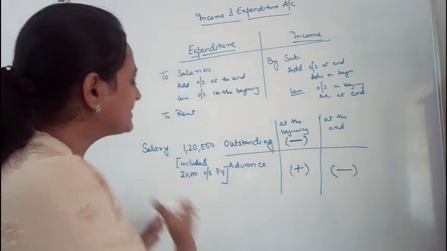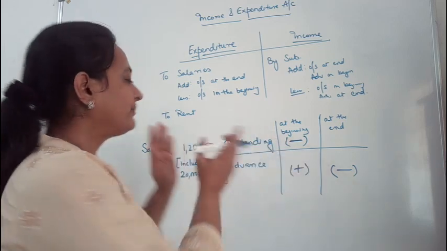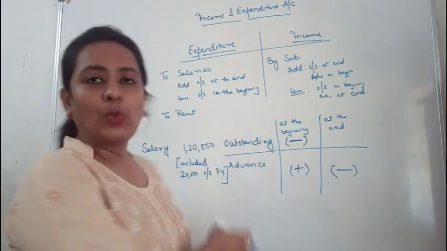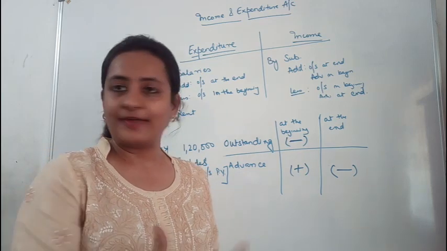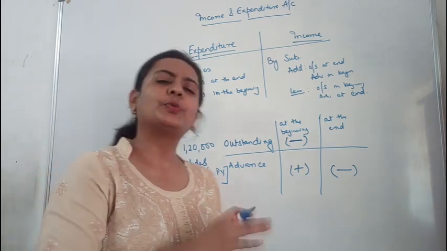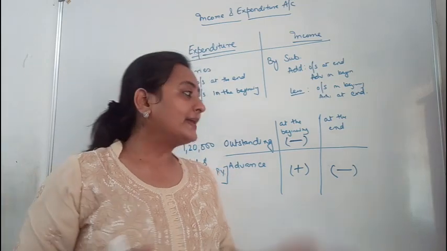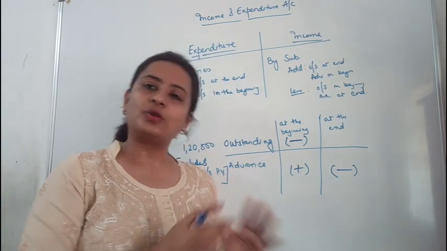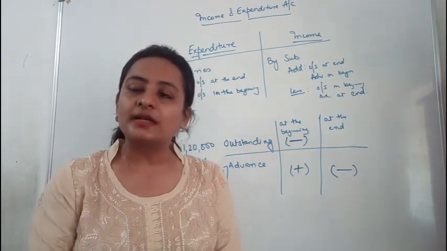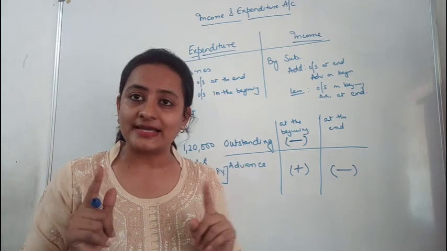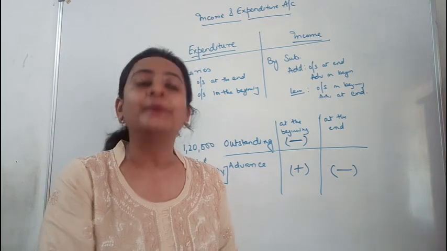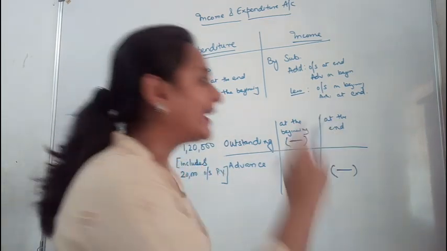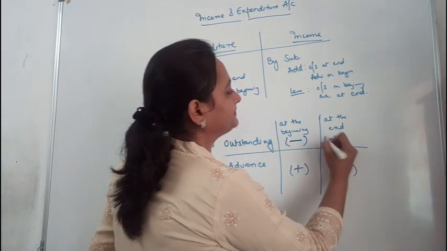Same thing. Now this year is going to end. I have paid the salary of say 1 lakh and 20,000 is still outstanding. I have not paid her 20,000. I am going to pay her maybe next year. But that outstanding amount, although I have not paid her, does it relate to the service of this year? Yes. That person has done the service, it relates to the service of this year, although we have not paid her, hence it should be added.